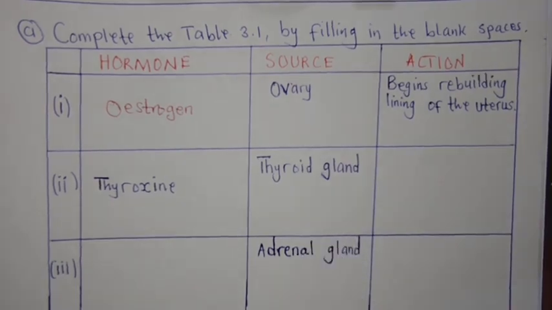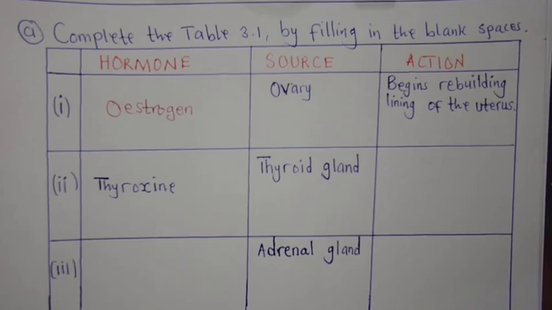So the estrogen hormone plays a role in ovulation and thickening of the uterus lining, okay? Or we can say it plays a role in reproduction or reproductive health, secondary sex characteristics, also in menstruation and